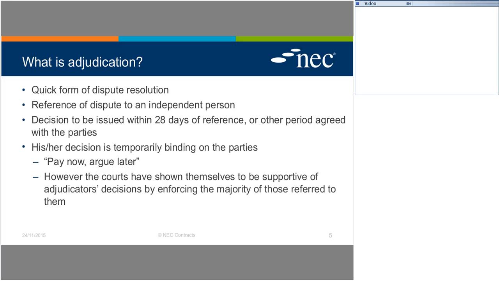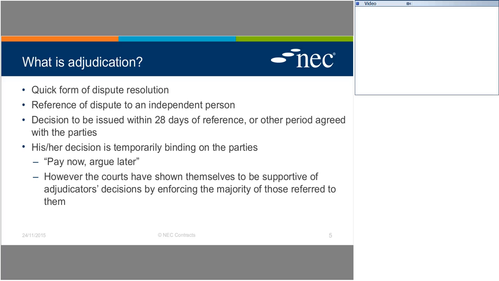Just thinking about that in terms of what is adjudication, some people maybe see adjudication as being a bit of a failure. Do you see that as being so, or is it a good thing to adjudicate? I think it's a good thing. It's difficult, we'll see this later in the presentation today, to come across precise statistics for adjudication because it's all undertaken privately. But the anecdotal evidence is that most disputes that reach an adjudicator's decision do not go any further. The parties leave the dispute at that point. Whether they are content with that or not, we don't know, but it's only a very small proportion that then go on to subsequent proceedings elsewhere.